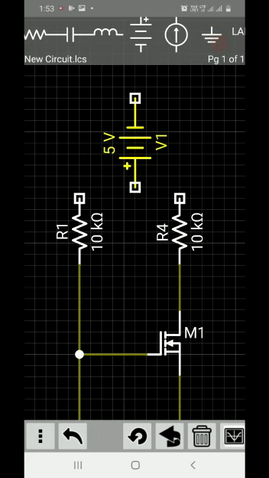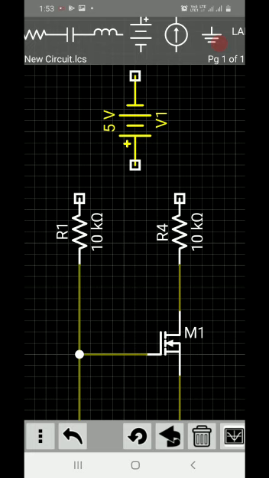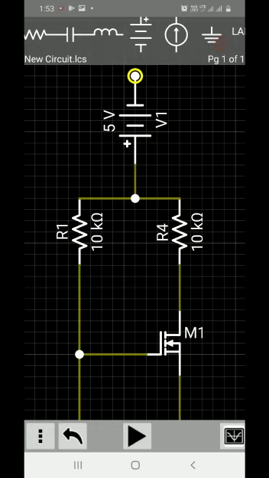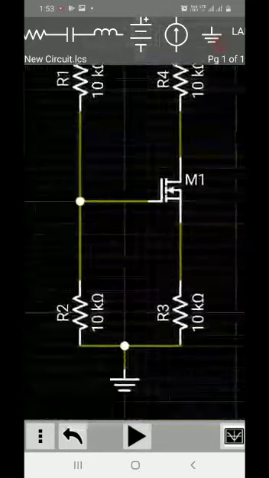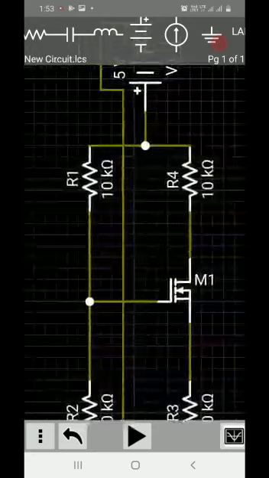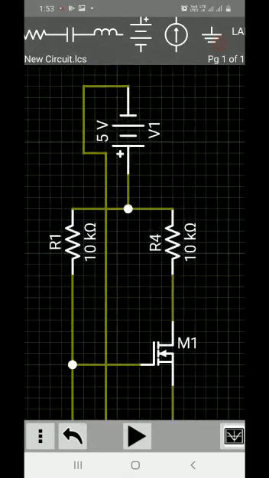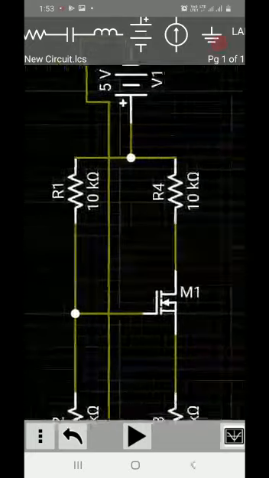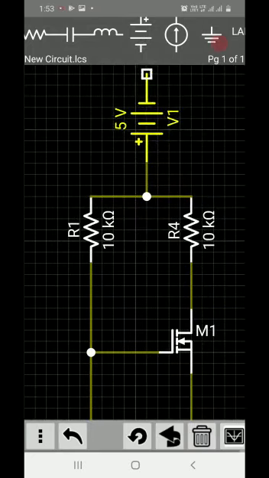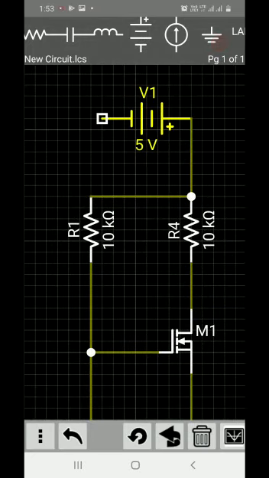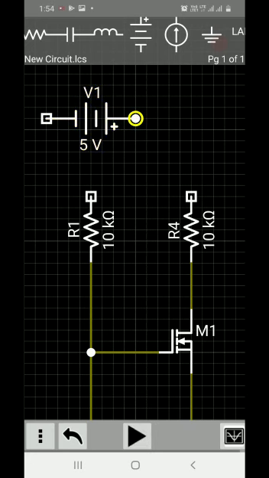So this is okay. Now I will drag it upside, and now I will join these points with the positive connection, and the negative is connected to, so it's difficult now. This is one terminal and the next terminal is connected to the ground, so it has taken the path from the middle, the base. Okay, not an issue. Actually it should have been connected differently. Okay, I will just delete these connections. I will rotate this battery, which will be more convenient to understand and to make the connections.